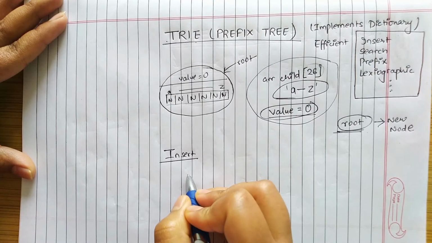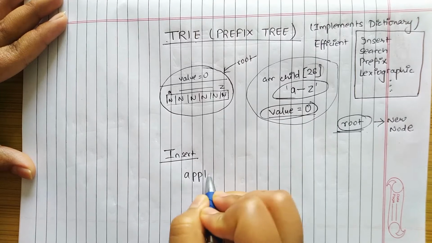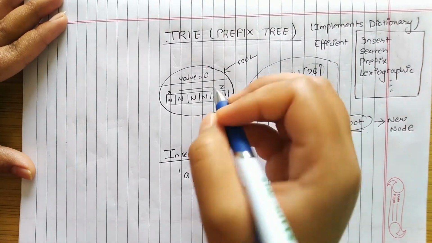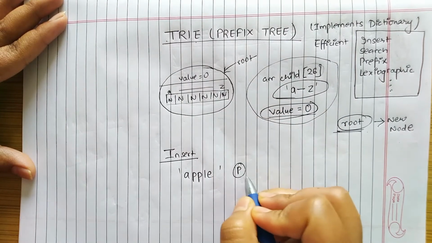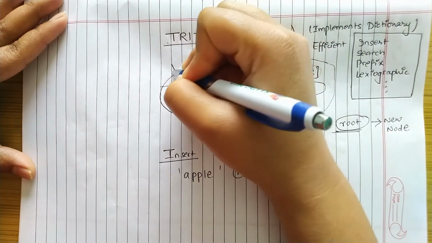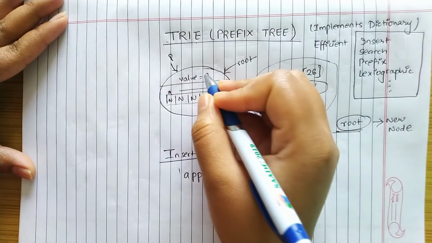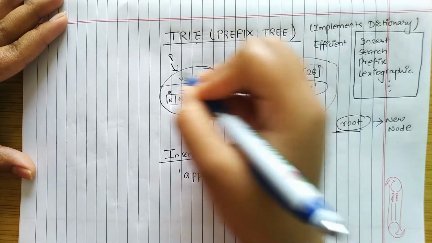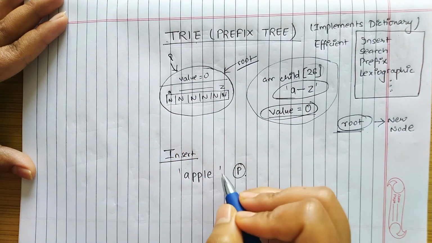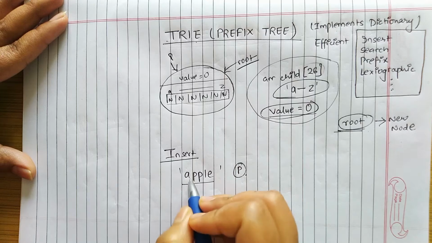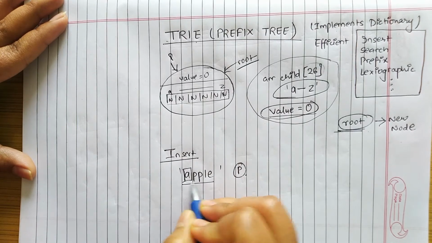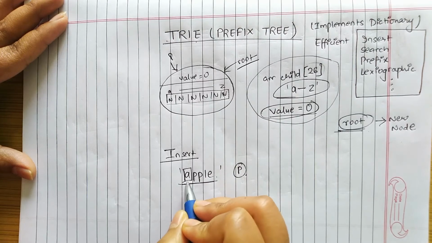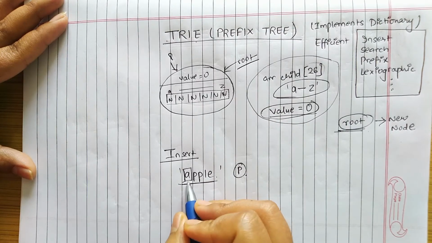For insert, suppose we have to insert apple. Now how do you insert this? First we make a new node p, and initialize it to root. So p will be pointing to the root, so that our root will be preserved and can be used further, and p will change its value and insert all the letters. Initially we will start with a. We will find out the length and iterate through each of the letters, starting with a. And for a, what will happen?